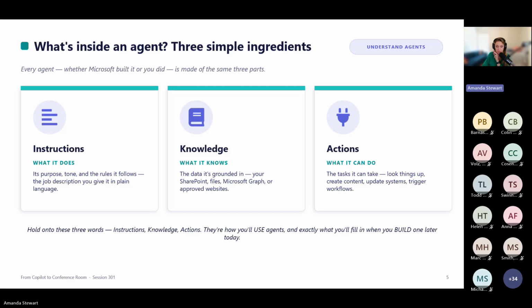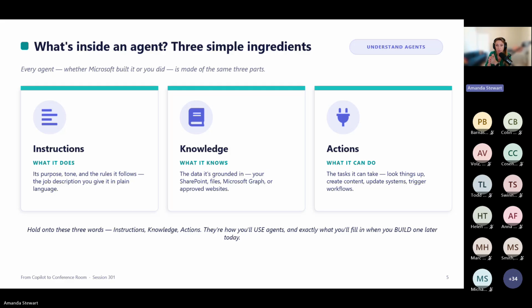Second is knowledge, what it knows. An agent is only as smart as what it's grounded in. That could be a SharePoint site, a specific document, your Microsoft Graph data, or approved websites. And this is what makes the agent's answers accurate and specific to your world and what you need it to do, instead of just generic.